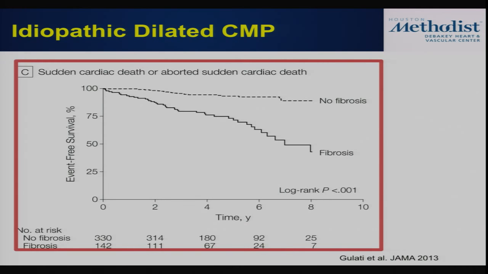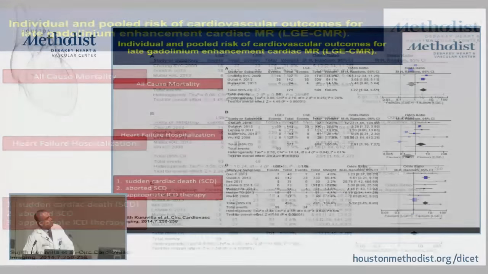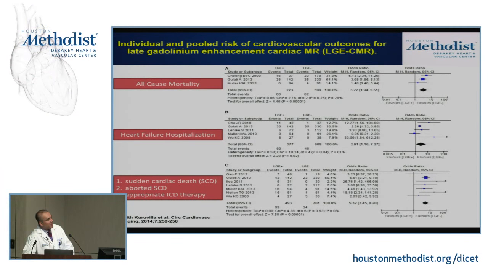This is a meta-analysis of multiple studies in non-ischemic idiopathic cardiomyopathy, again showing consistency across numerous studies that the presence of fibrosis is associated with worse all-cause mortality, worse heart failure hospitalizations, as well as a composite endpoint of arrhythmic endpoints,